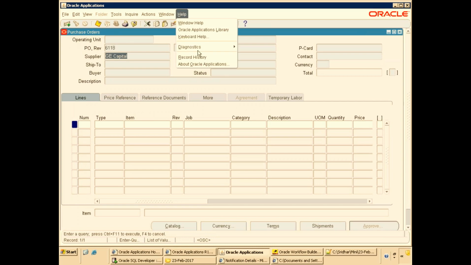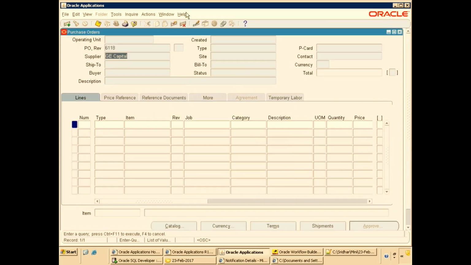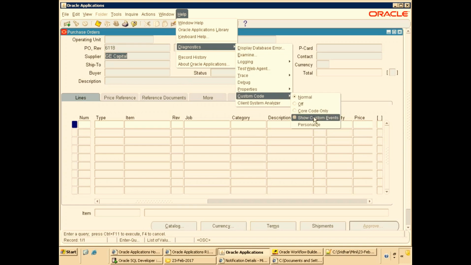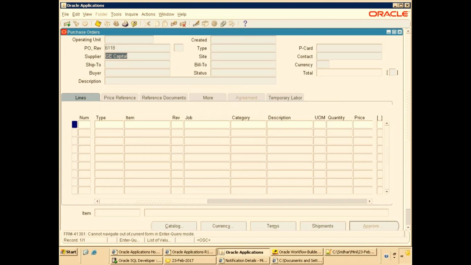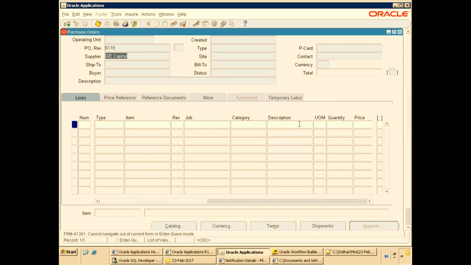Why is it coming? Maybe someone personalized, I guess. Help diagnostics. Cannot navigate out of the current form in enter query mode. Okay, fine.